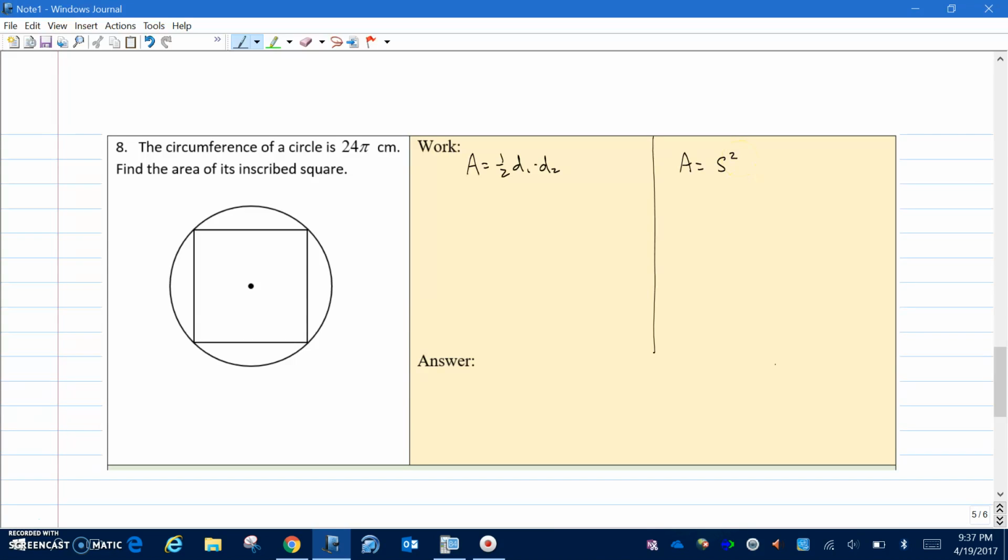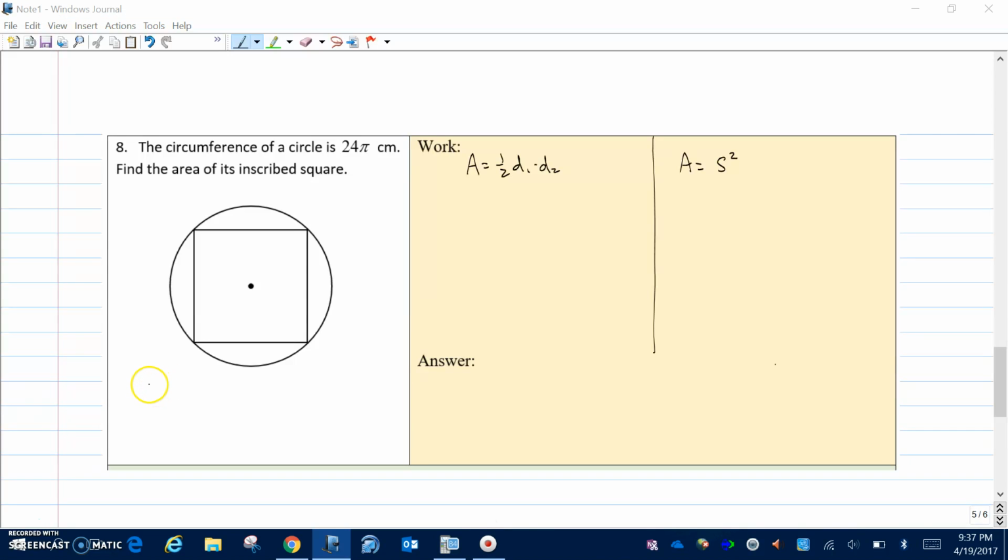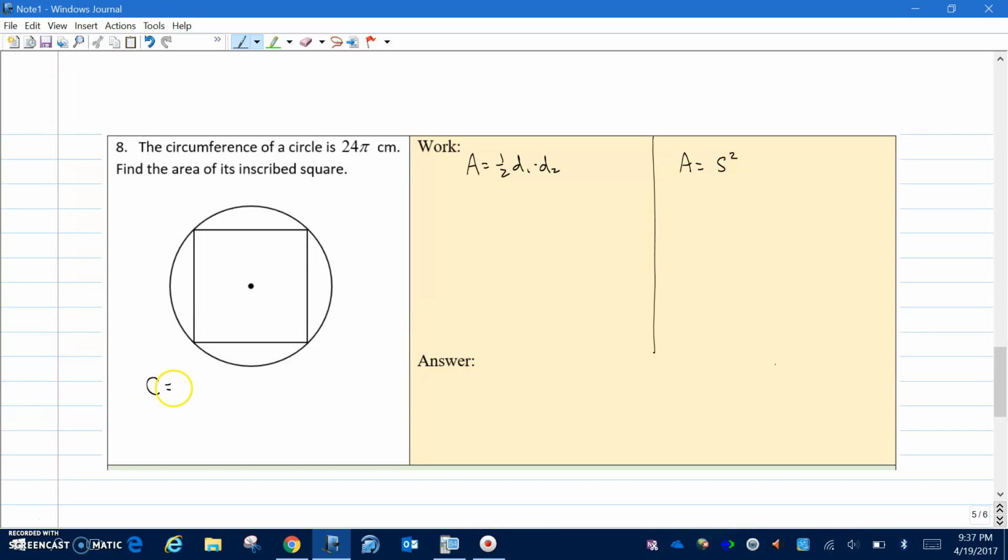Alright, so first thing we have here is we have the circumference is 24 pi. As we remember, circumference is given by 2 pi r. So if I drop in my 24 pi for circumference, that equals 2 pi r. I'll divide both sides by 2 pi, and that's going to give me a 12 for the radius. If I drop that into my diagram there for 12, we know that all radii in a circle are 12,